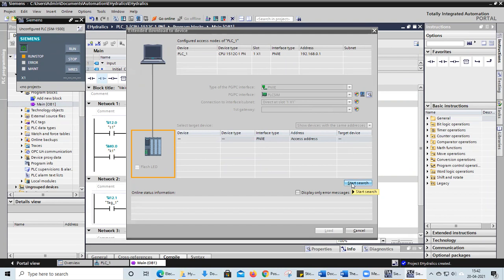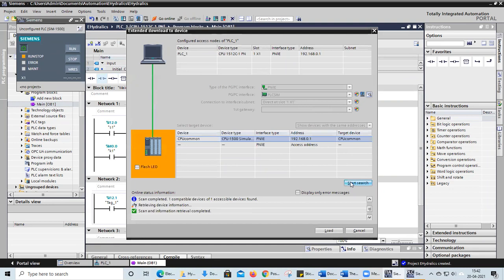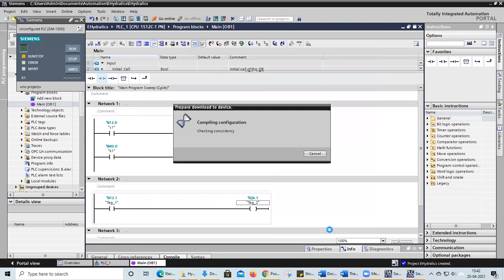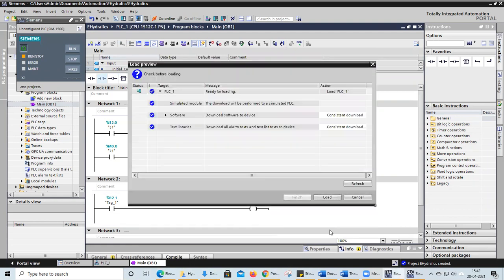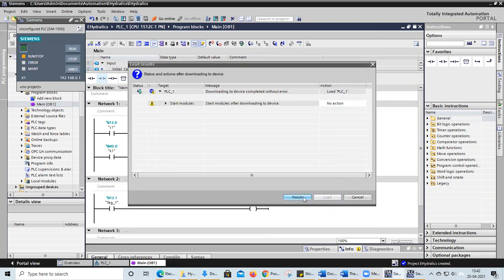Click the start search option. Here the simulator is selected. Click the load option. Click load. Finish.